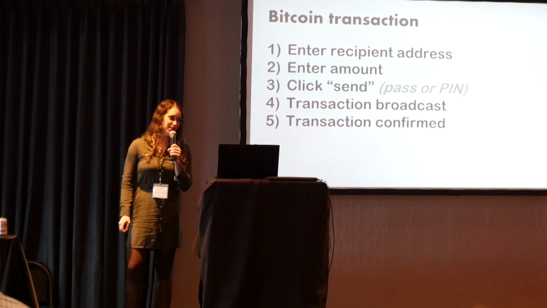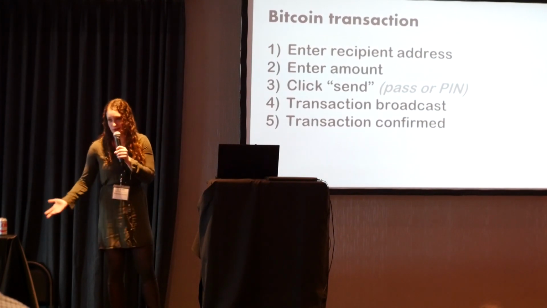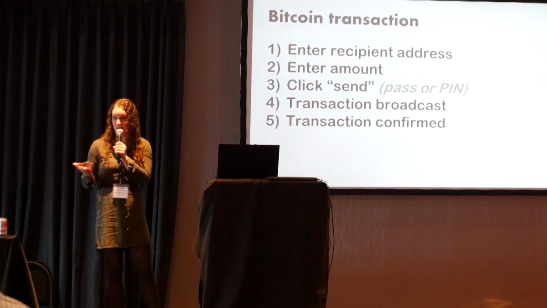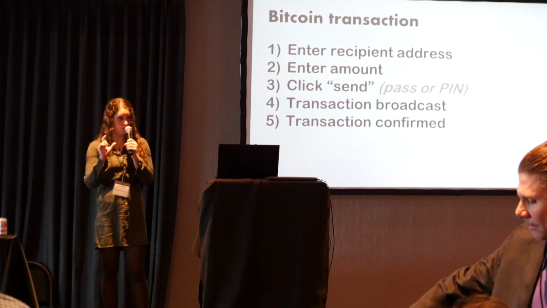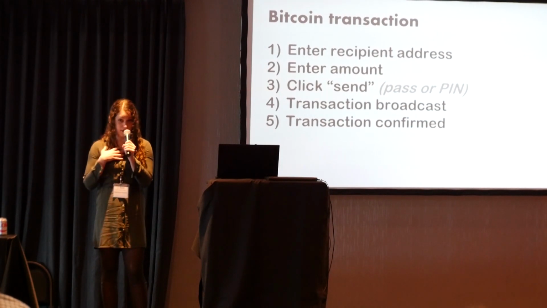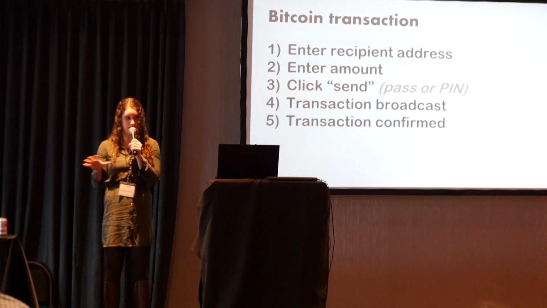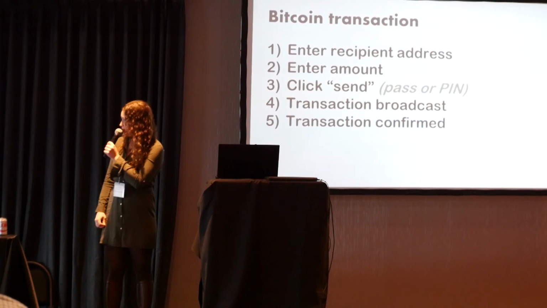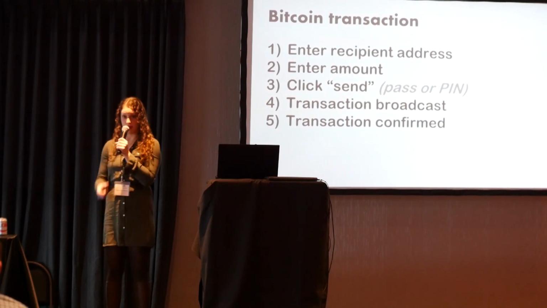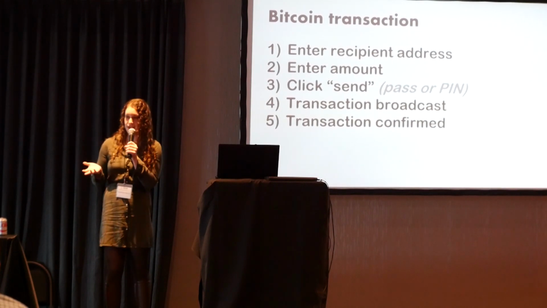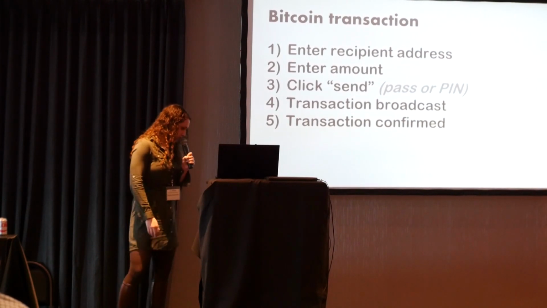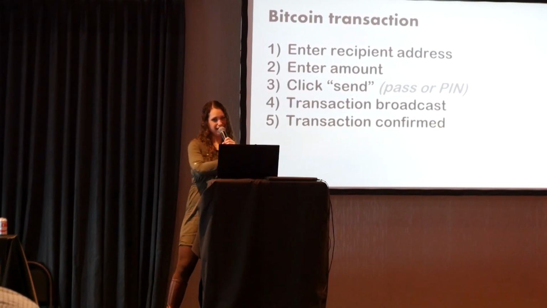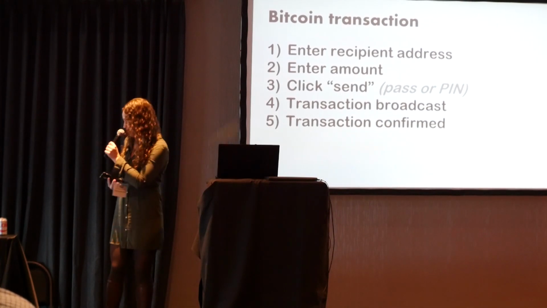Okay. So, how does a Bitcoin transaction go down? Like, what actually happens? What are the mechanics? And we'll do a live demo here in just a few minutes so you all can see what it looks like. But it's really simple, actually. If I'm going to send Bitcoins, I would get the address of the person I want to pay, the Bitcoin address. I would enter how much Bitcoin I want to send to that person. I would click send, or maybe I'll have to enter a password or a PIN number. But if it's a small amount, like on a mobile wallet, for instance, maybe you keep that unsecured because it's just more of a pain in the butt to enter a password every time you want to make a payment